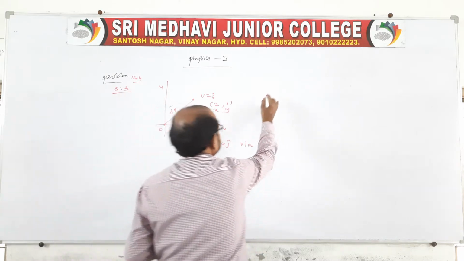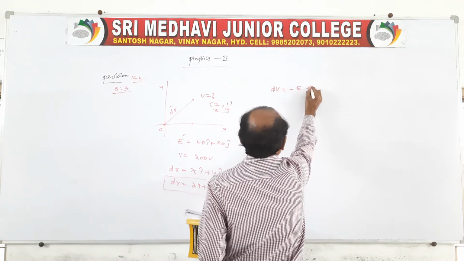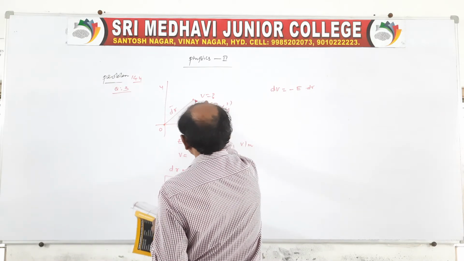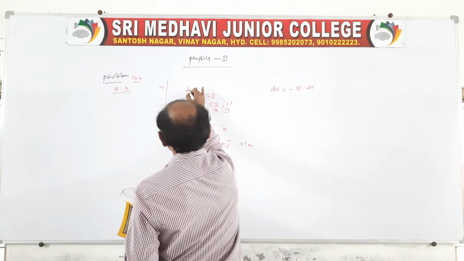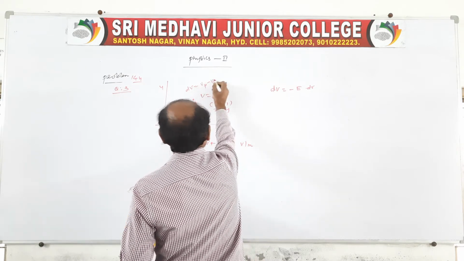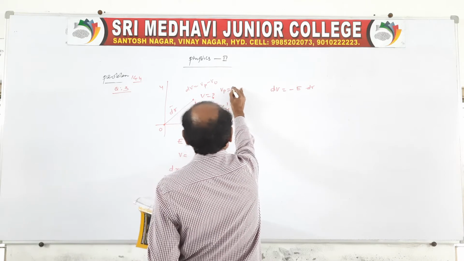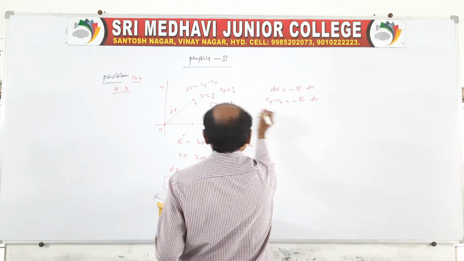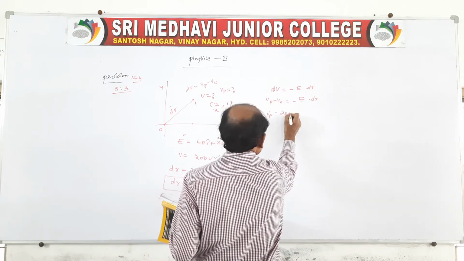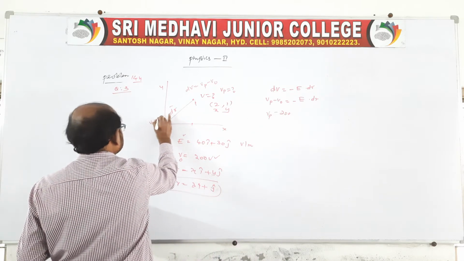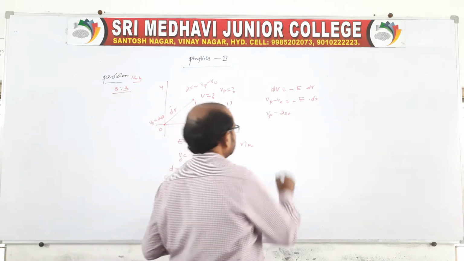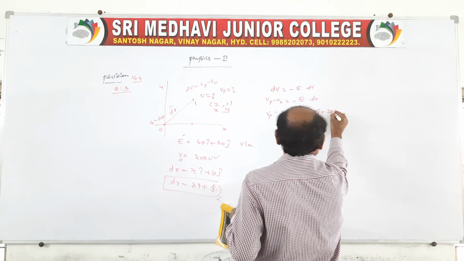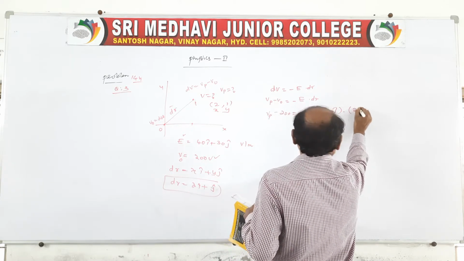So here dV is equal to minus E dot dr. Now dV is from the initial to the final point, so dV is Vp minus V naught. Actually the potential at point P is asked. So Vp minus V naught is equal to minus E dot dr. At the origin, 200 is given. So it is minus E, which is 40 i cap plus 30 j cap, dot dr, which is 2 i cap plus j cap.